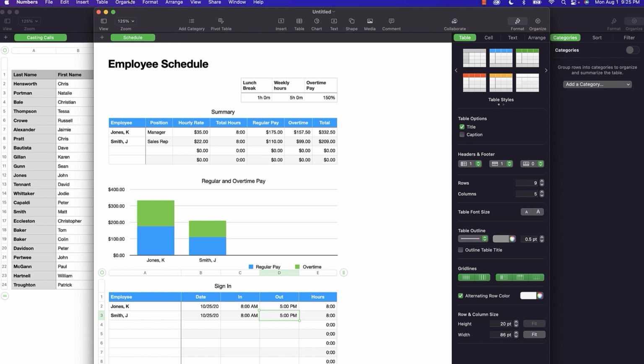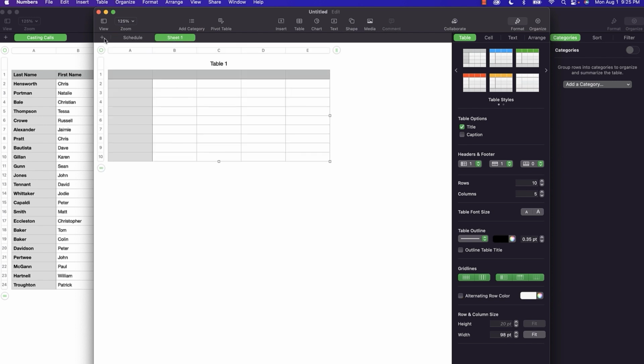Now, if you click the plus sign up here next to the word schedule in green up here, that will add another sheet, another blank sheet to our spreadsheet file. Now, by default, it'll add a table to the new sheet. It is a spreadsheet program after all, but now you see that each file can have multiple sheets, and each